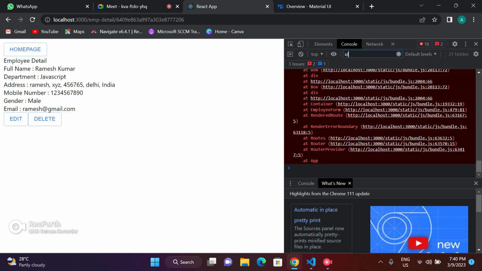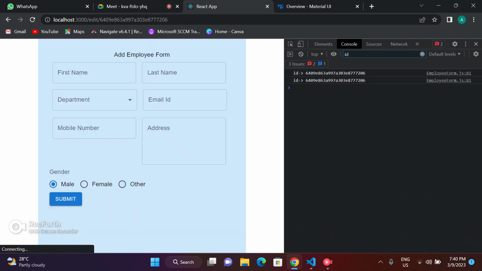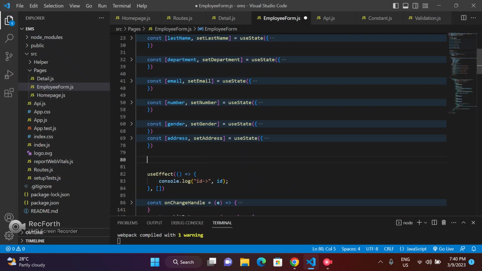Okay, so we will go to this. Over here we'll keep id, we'll remove everything. So we'll remove this. I am clicking on edit. So on edit we are getting id, perfect. So this is perfect. Okay, so now we know that we got id, so we need to make an API